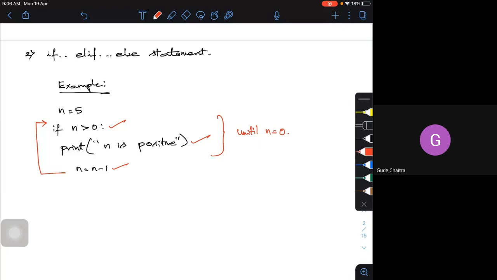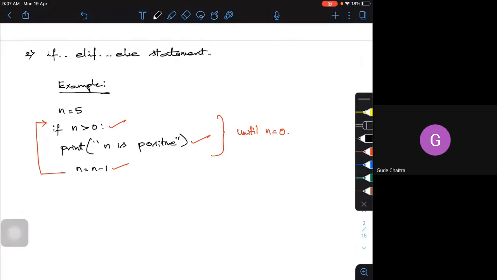So what will be the output actually? If I try to print n, I'll be getting 5, 4, 3, 2, 1. That's it. Then at 0, it will check the condition and come out. If you want, you can take the printout of that also. So I'll get all the values of n from 5 to 1 from the loop condition, and the moment n is equal to 0, it will come out.